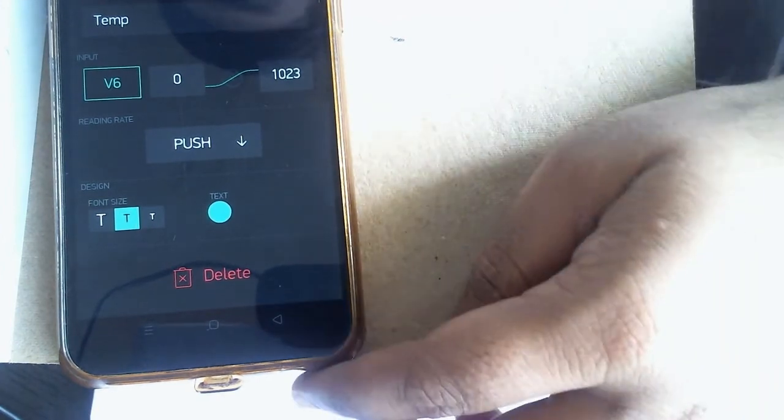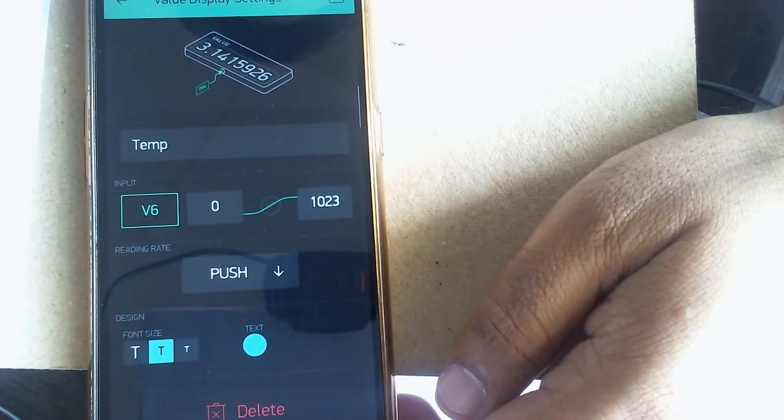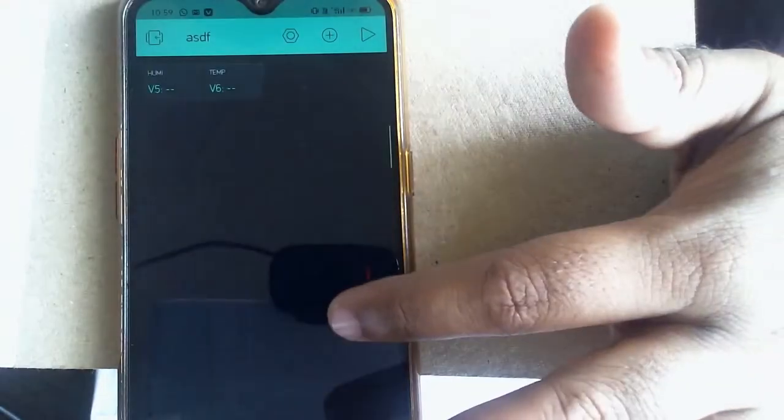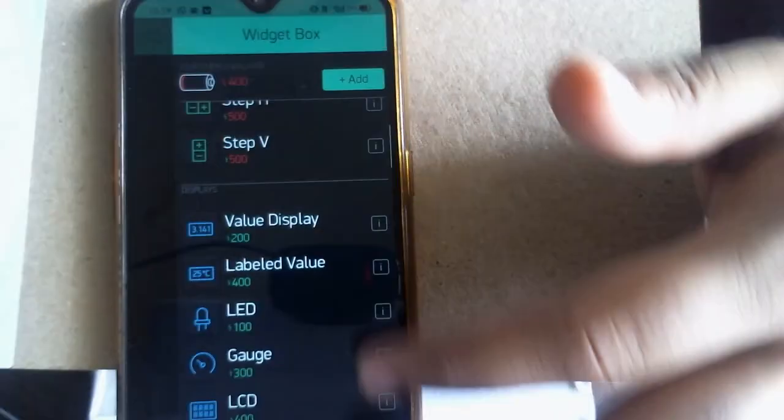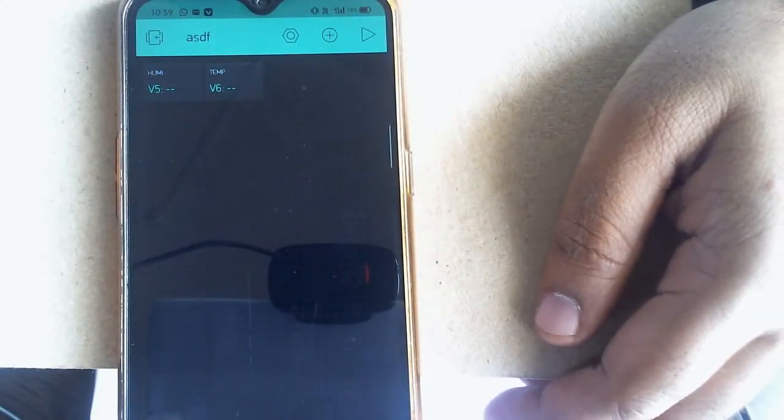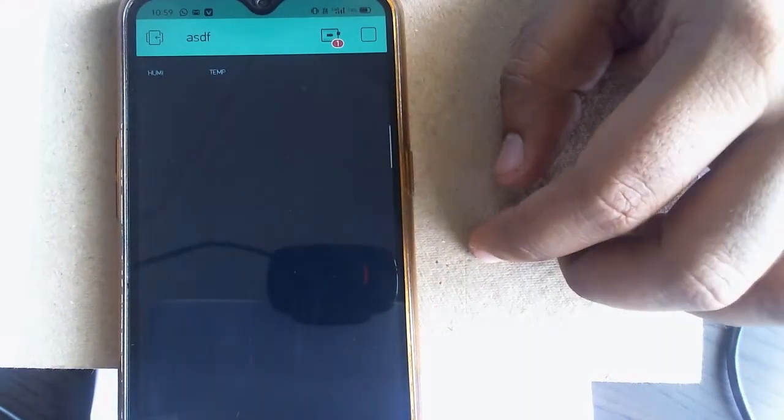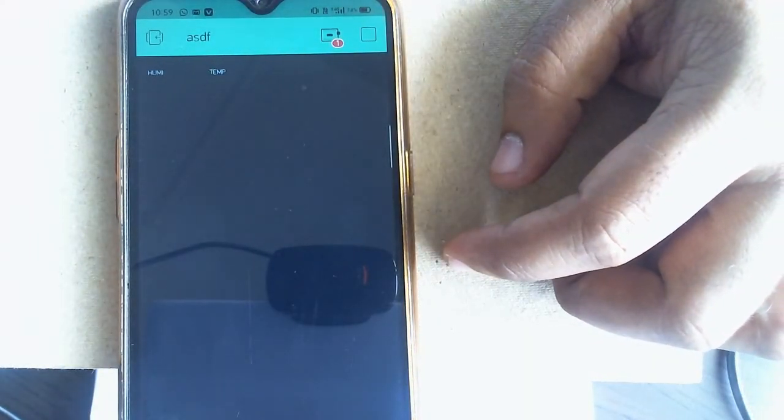The rest I am keeping as it is, and going back. Now, as you can see, my two displays are ready to fetch the data from the sensor, that is the DHT11. Now this is the right triangle. If I click on this option, you should get the readings from the sensor, but your IoT device should be connected to the cloud. So let me show you that also.